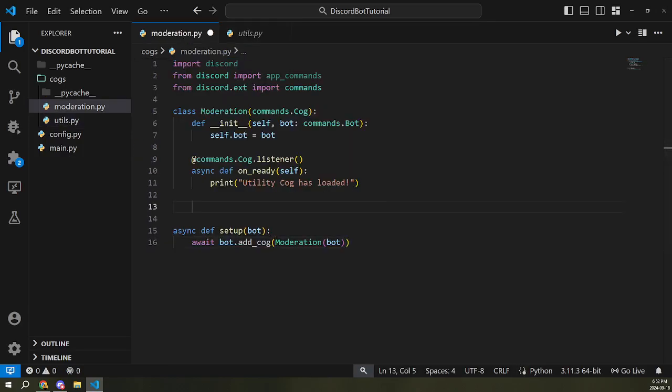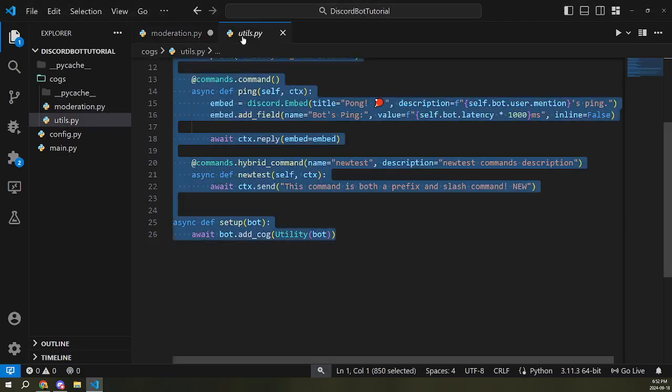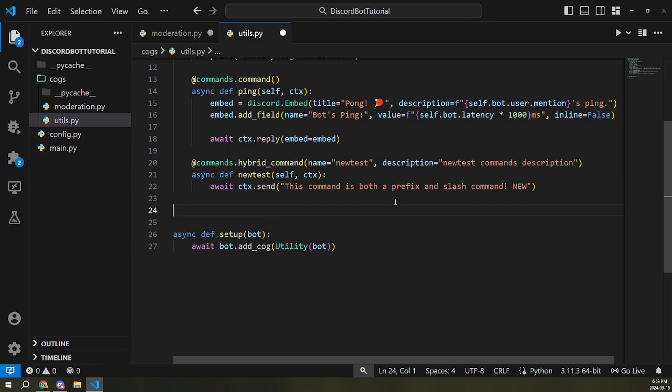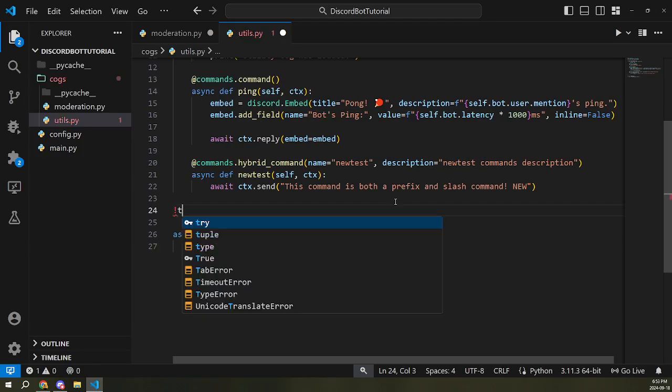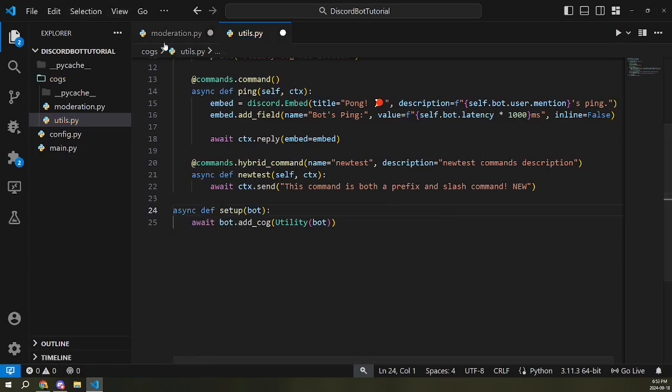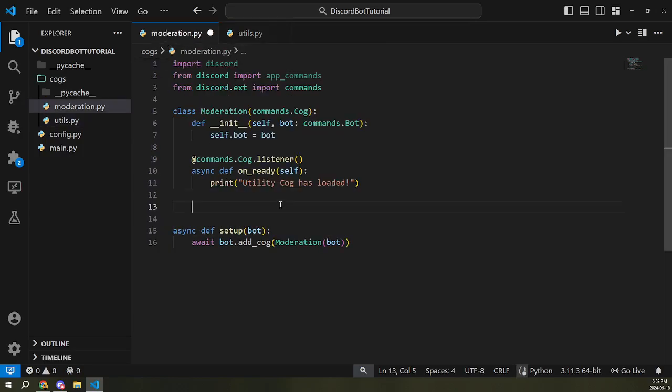Now we're going to work on the commands. So as I said, we're going to be using hybrid commands more often, as it's a slash command and a prefix command. So we're going to use those two types of commands. We're going to do commands dot hybrid